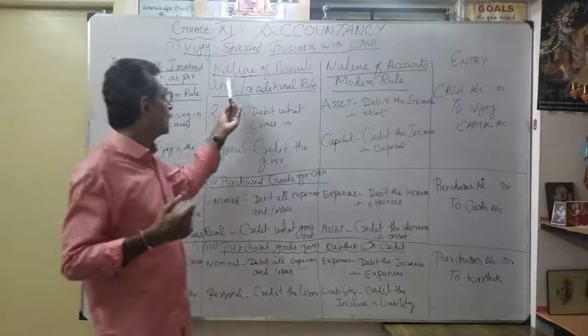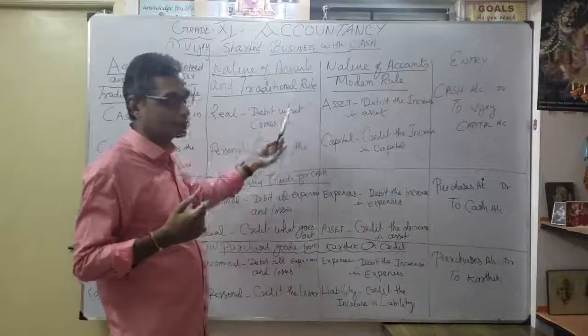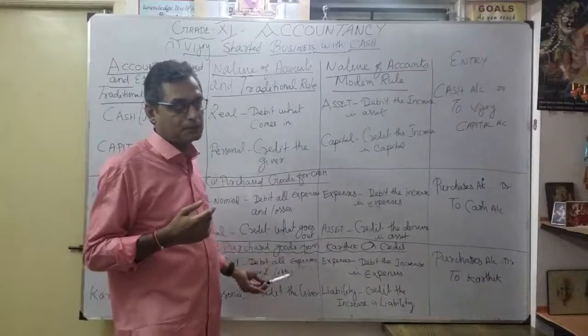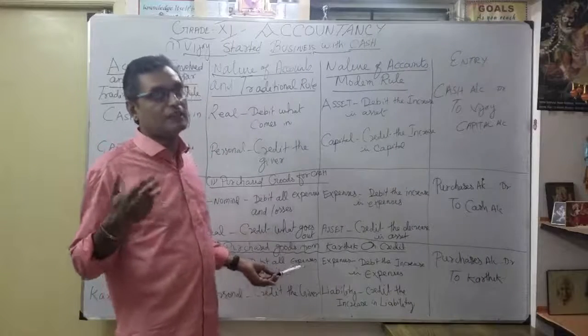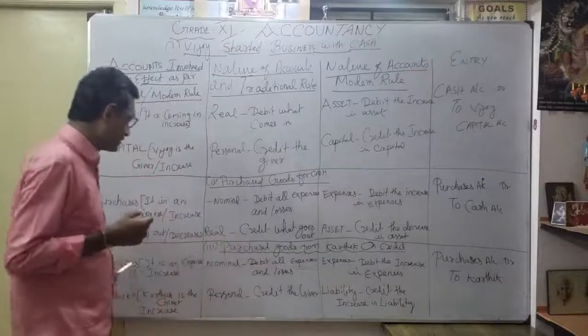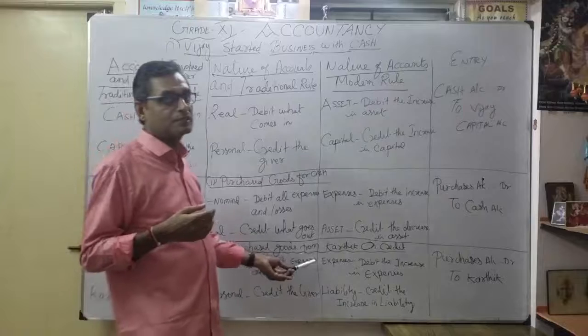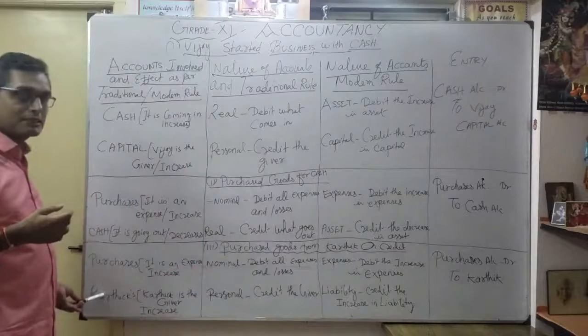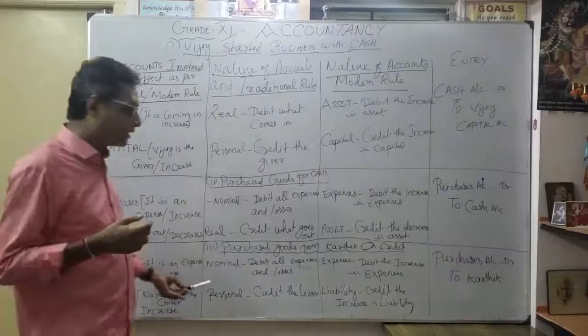Okay, now, according to nature of accounts, traditional rule. What is the traditional rule here? As a nominal account, again, debit all expenses and losses. Credit all income and gains. So naturally, under nominal account, as purchases, we consider as debit all expenses. Okay. Similarly, as a personal account. Why? Because we purchase from whom? Karthik. That's why coming under personal account.